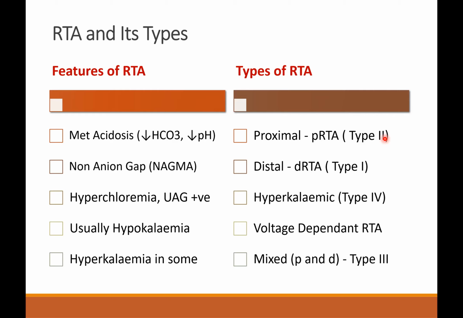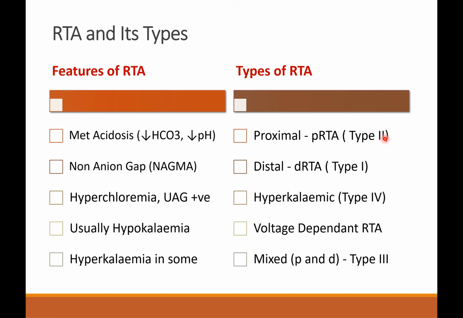And in the absence of that, what will happen? The deficiency of that, what will happen? Excess of that, what will happen? We have seen. Now we also looked at the ammonia mechanism in the PCT and also the ammonia mechanism in the DCT. We knew that there is an important protein called RHCG, which is important in the transport of ammonia into the tubular lumen.